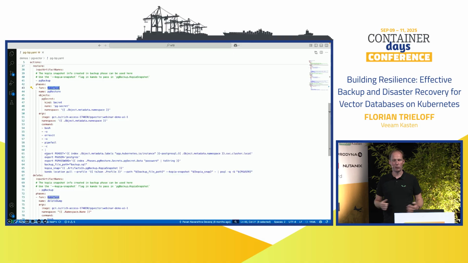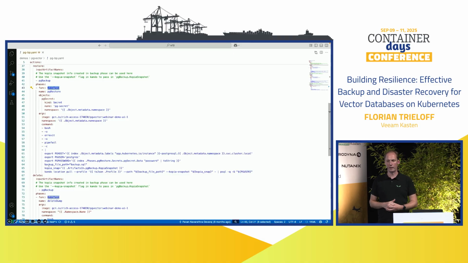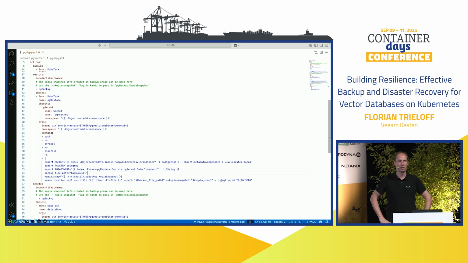And again, we are just doing a restore. We are just creating a new application with an empty database, and we will just import the data back into this database from the backup of all the Kubernetes application of our bookstore here. So we are using native tools.